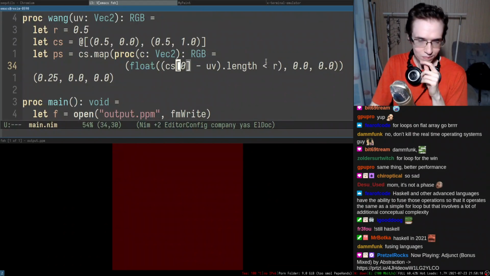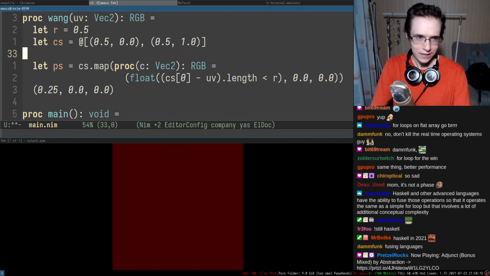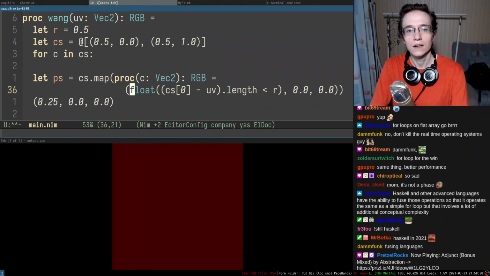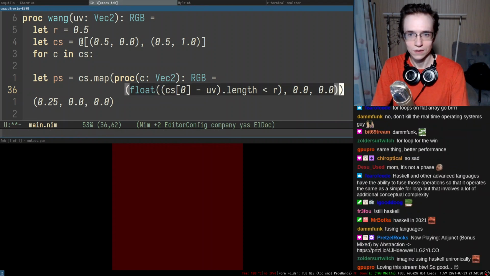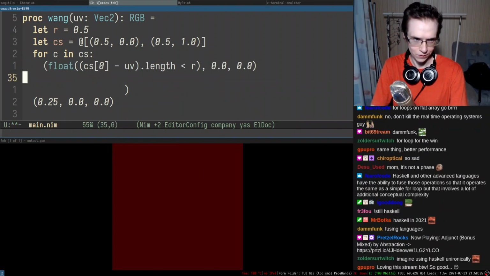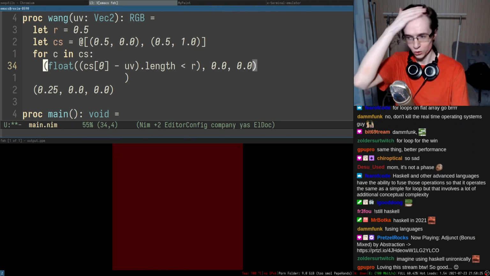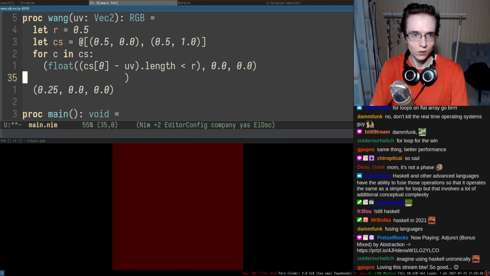Okay. So, can I just do for C in CS, right? And for this entire thing, I essentially just generate that, right? And that gives me the color, right? That gives me the color.